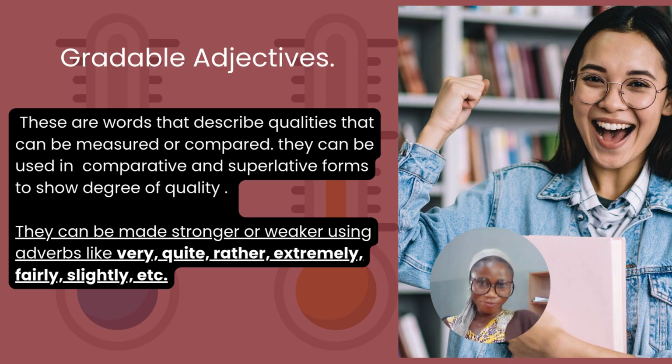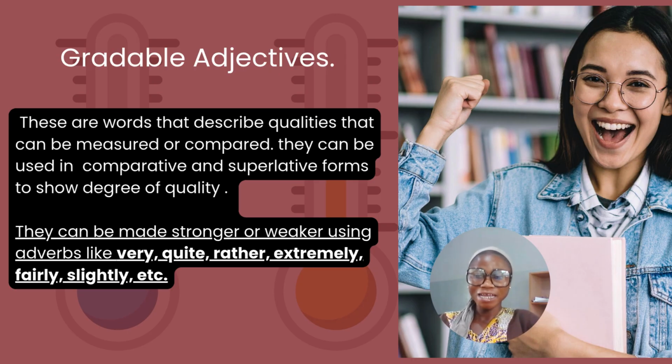Gradable adjectives. Tell me, when you hear the word gradable, what comes to your mind? Gradable means when something is being measured, when something can be measured, when something can be graded. When you can grade something, that thing is gradable. So when it also comes to adjectives,